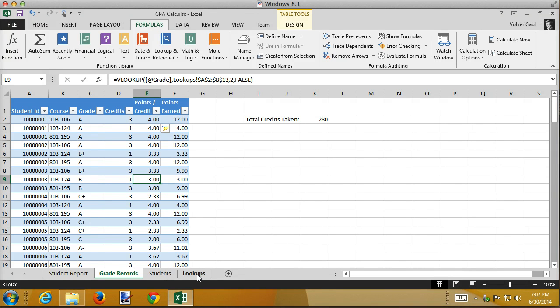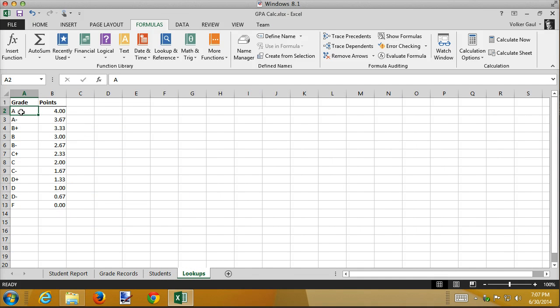Another way to do it is, before you start this process, give this a range name. So I'm going to call this GV. That's very lame, but the reason I'm giving it a lame name is I'm going to give it a better name in a minute in a different way. So I'm going to call this GV. And then in my formula,